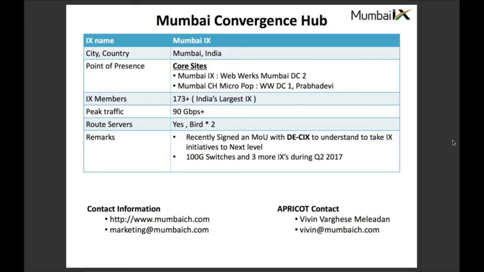We are located at 2 locations. One is in Navi Mumbai, which is next to the M6 POP, probably about 300 meters. The second one is another 300 meters from the Tata LVSP data center, which is again in WebWorks. The peak traffic is around 19 Gbps, majorly because of the cricket matches, but otherwise traffic is roughly around 40 gigs. We are running Bird with a dual stack configuration.